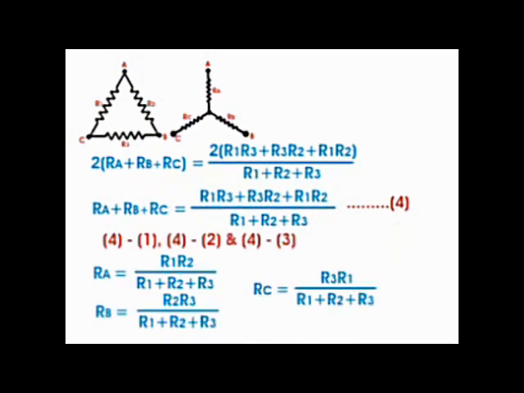Now if we subtract equations 1, 2 and 3 from equation 4, we will have respectively RA equals R1 into R2 divided by R1 plus R2 plus R3, RB equals R2 into R3 divided by R1 plus R2 plus R3, and RC equals R3 into R1 divided by R1 plus R2 plus R3. This is